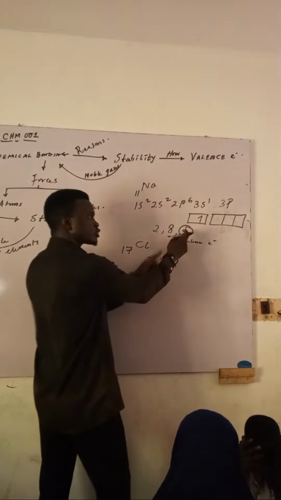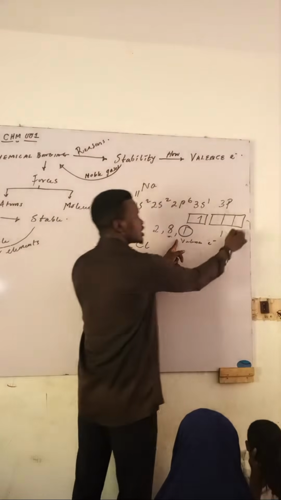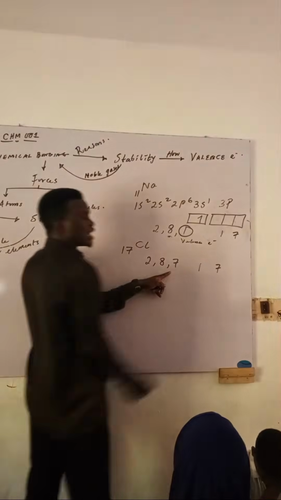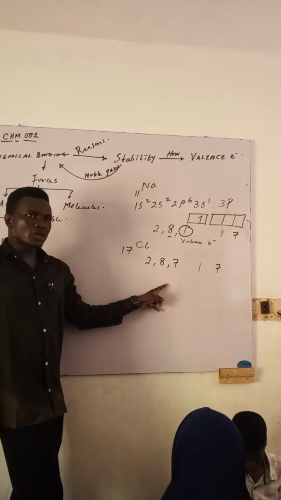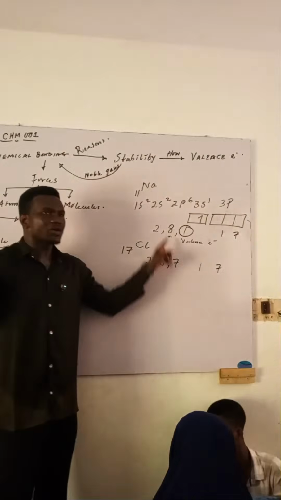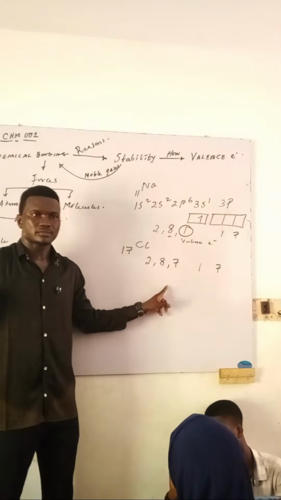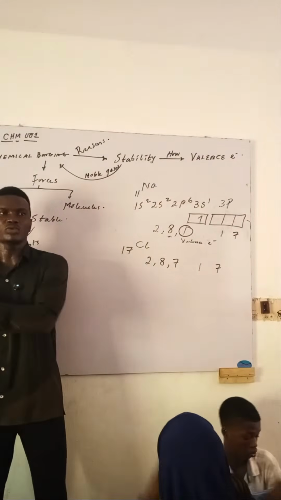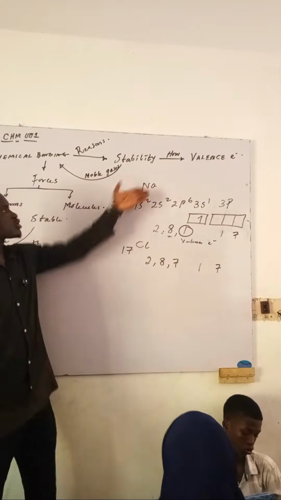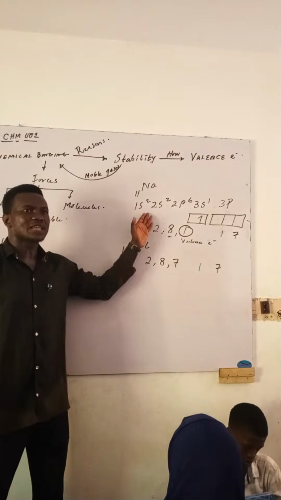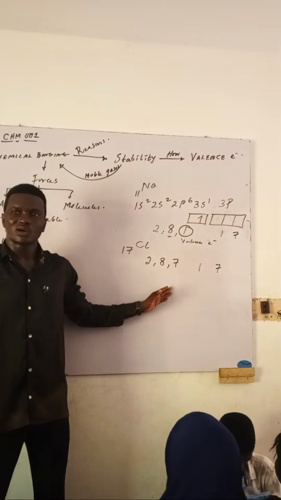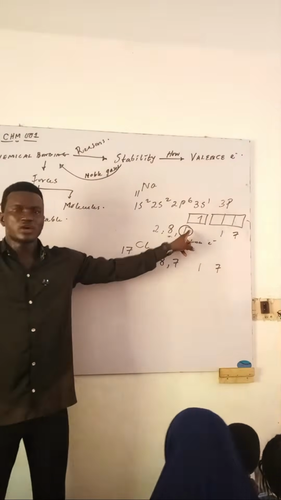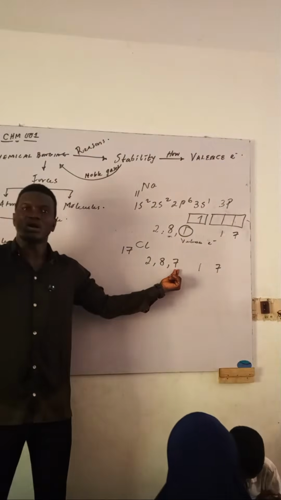Abi? So it can do something. It can either lose 1 or gain 7. This one can either gain 1 or lose 7. Abi? Now, from what we did on periodic table, which one has the lowest ionization energy between the two of them? You see why I said you might have problems if you did not study what we did in the last class. Between sodium and chlorine, which one has the lowest ionization energy? Sodium. Because this electron in the outermost shell of sodium can be easily removed. For you to remove 7, you will spend more energy.